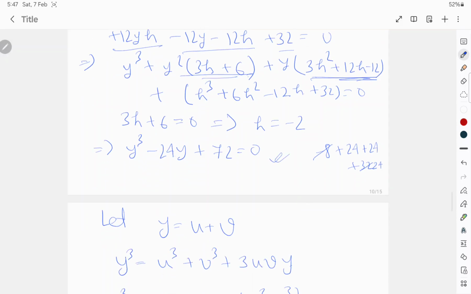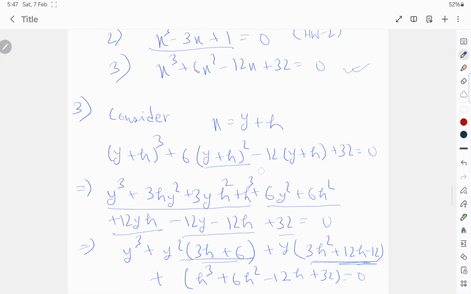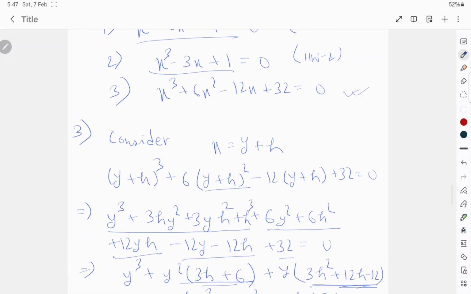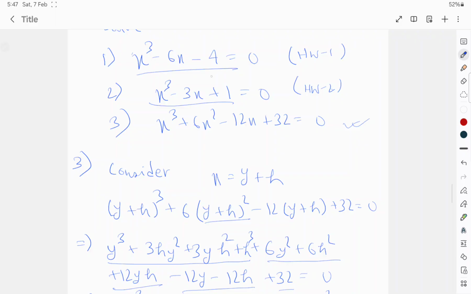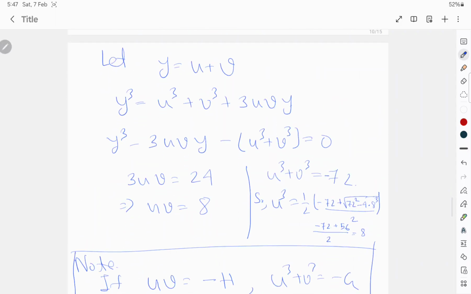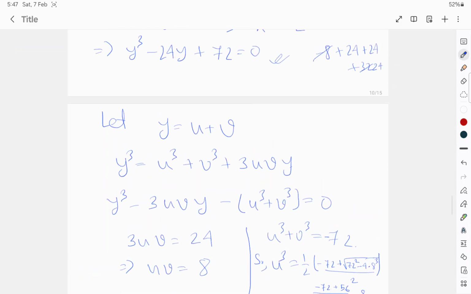So you are getting this equation. If your problem is already in this form, you don't have to do this part. That's why I am taking the most difficult one. If it is already in this form, your problem will start from here. You would start from x equal to u plus v, but I have to write y equal to u plus v because I have already made one change of transformation. A translation we have used. So if you consider y equal to u plus v,